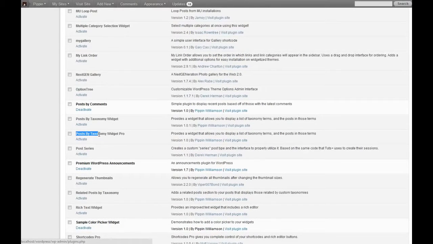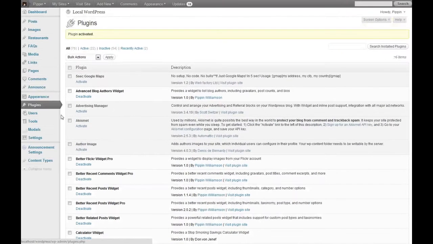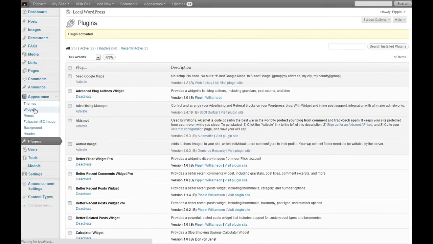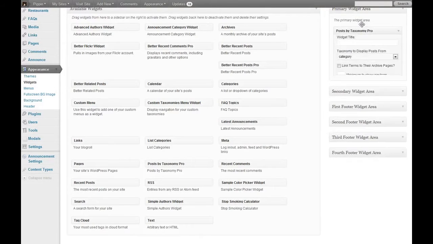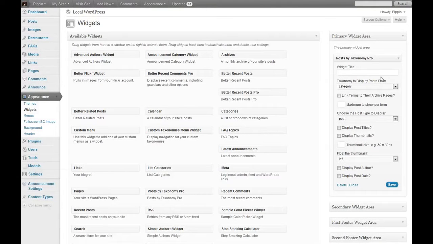So we're going to go down here and activate it. It's called Post by Taxonomy Widget Pro. We'll activate it. And now we're going to go over to our widgets menu. And inside of our widgets menu, we have the Post by Taxonomy Pro widget, which is right here. So we're going to take it over and drop it into our widgetized sidebar. We have a variety of options. First of all is our widget title,